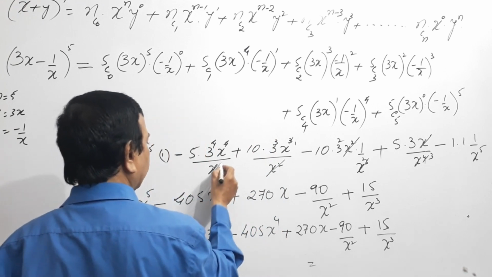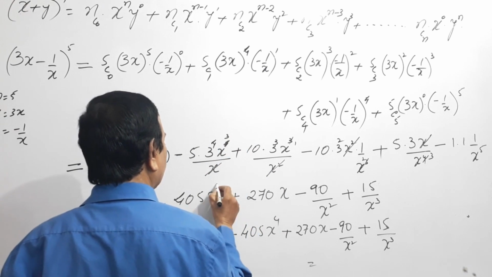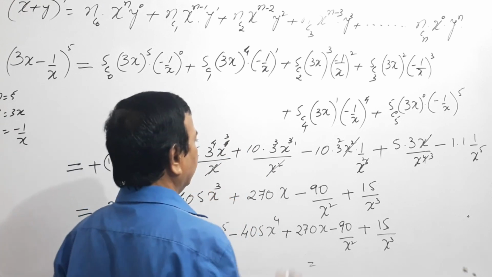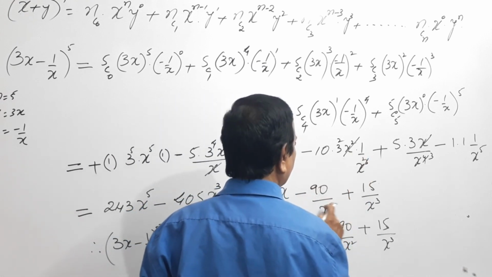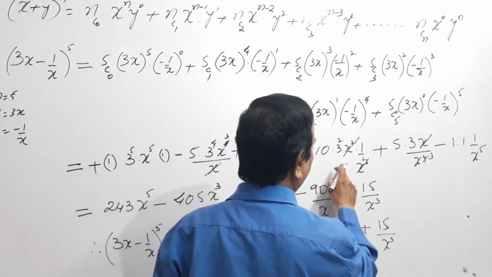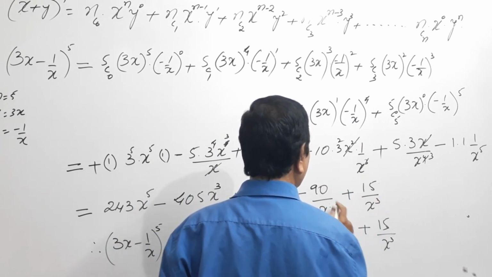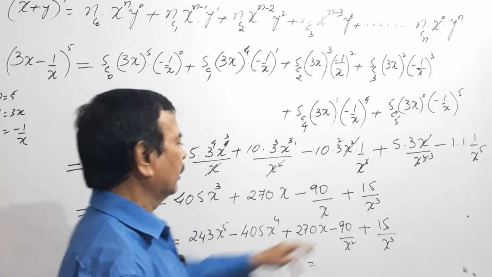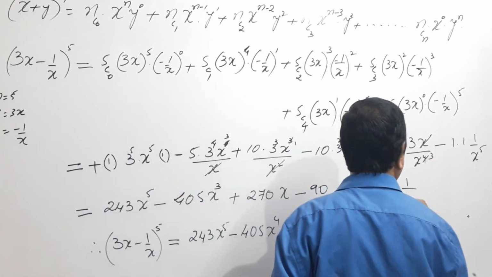So this becomes x cancels here, it becomes 3 times. So make this as 3 times. So here this one is x. So x square cancels, x square here left with 1, this becomes 90 by x plus, and you have one last term minus 1 by x to the